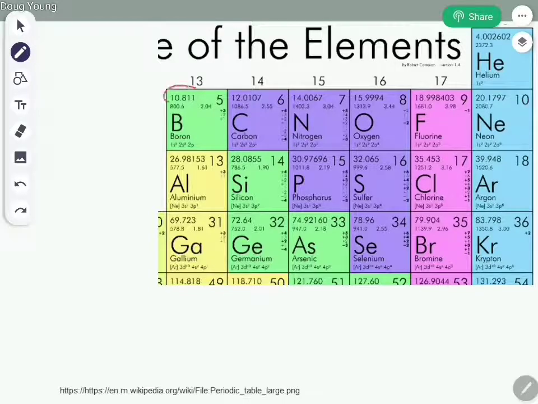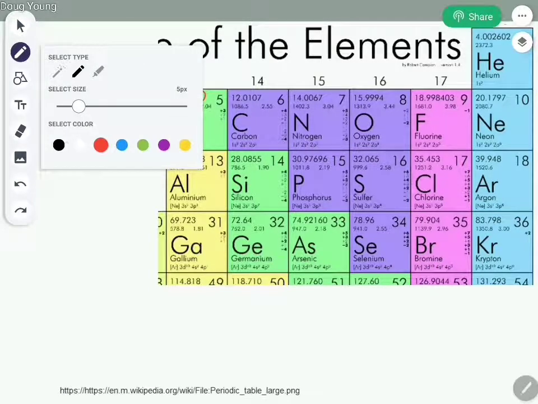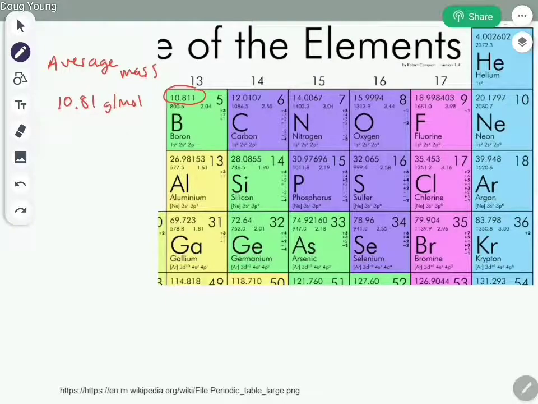you take a look at the mass of boron, right? So you have your average atomic mass. If you take a look at your average mass, boron looks to be 10.81 grams per mole. And when you're starting to learn what an atom is comprised of, right, protons, neutrons, electrons,